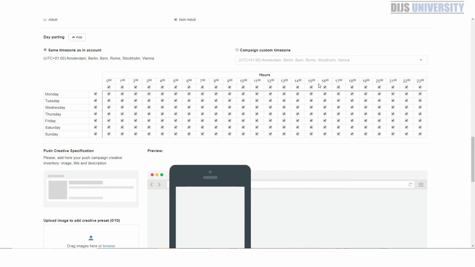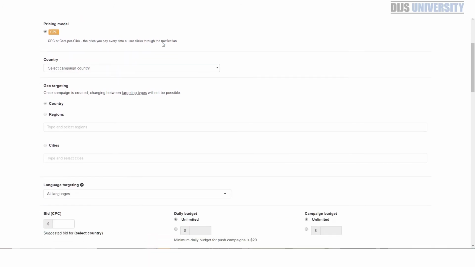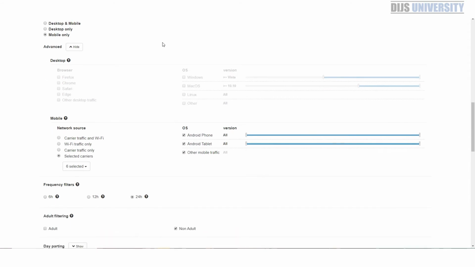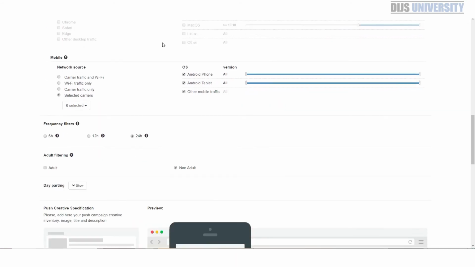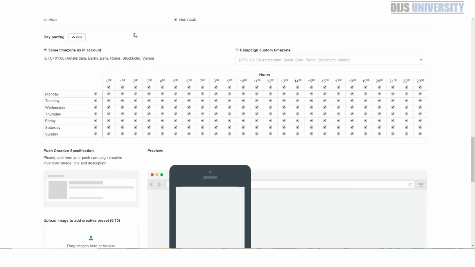And in order to do so, you're going to want to perform the following steps. So in Zeropark, in the campaign edit form, you're going to go down to the day parting section. And then you're going to select show. And now you have the option to choose between the same time zone as an account or the campaign custom time zone. So then you will need to specify certain hours or days of the week when you want your